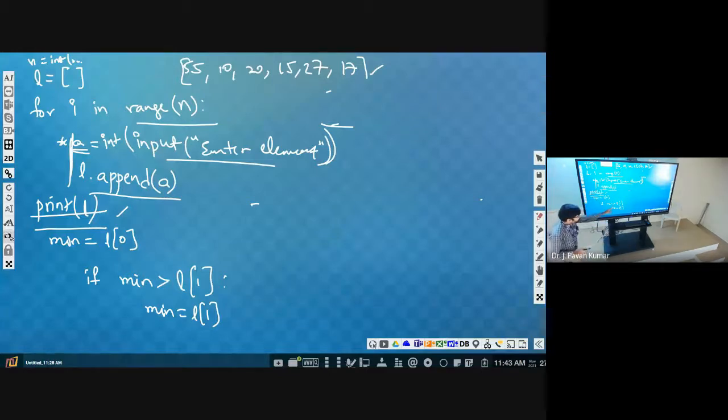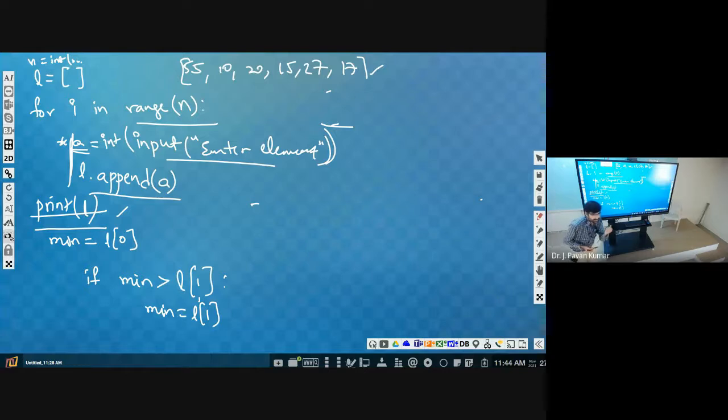So here first time we are comparing with L of 1. Next time L of 2. Accordingly we are assigning, right? If this condition is true, L of 1 will be assigned as minimum. Next L of 2, L of 3, 4, 5, 6 up to the last number. Okay, what is the index? Last index. Suppose n elements are there.